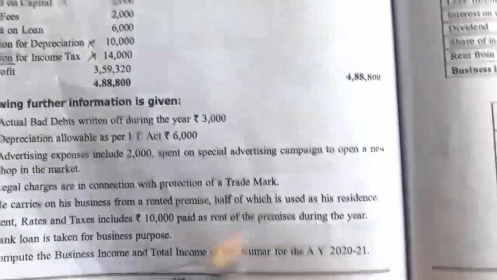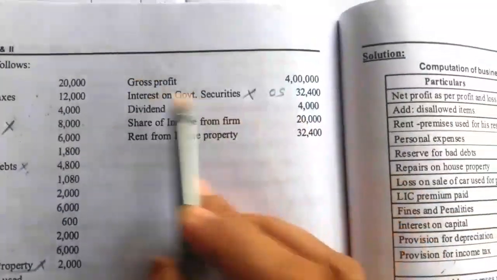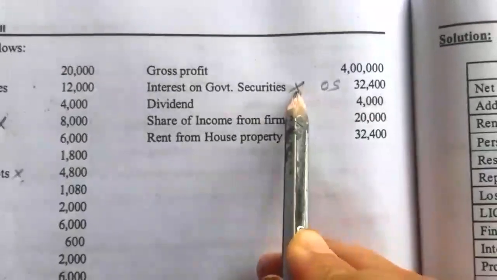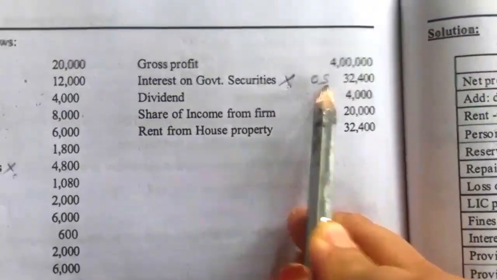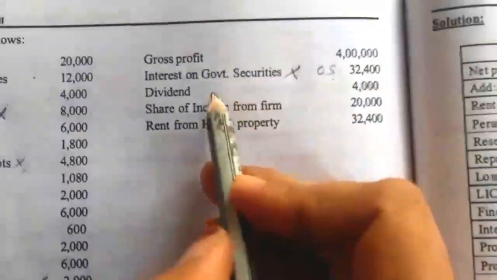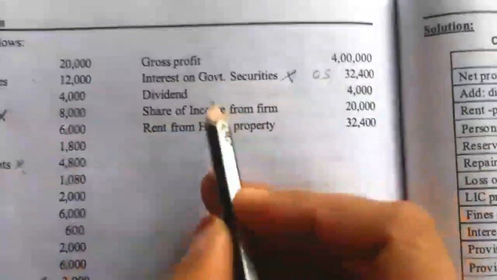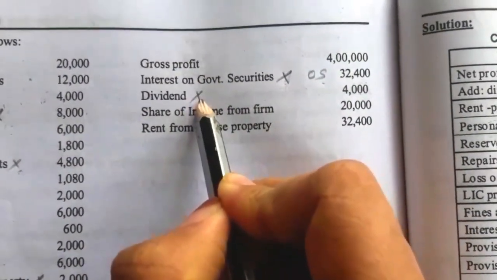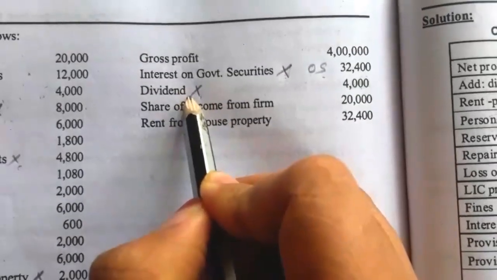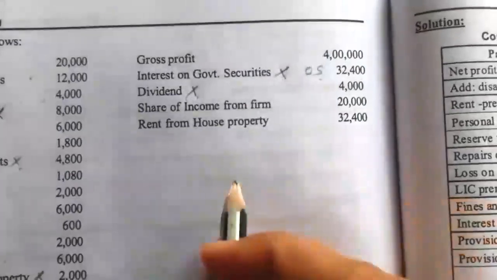In this question they asked to calculate the total income also. So under section 56, under income from other sources, we have to take it again. Once we take it as a disallowed income, and again it is taken as other source income. Next, dividend income. Only business income should be taken while calculating business profit. Dividend income is disallowed. It is not a business related income. It is an income he is receiving from the investment in shares.